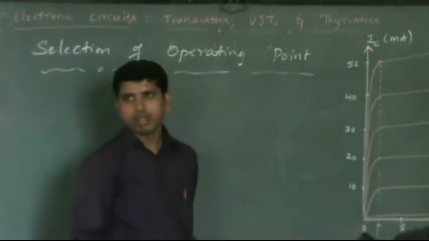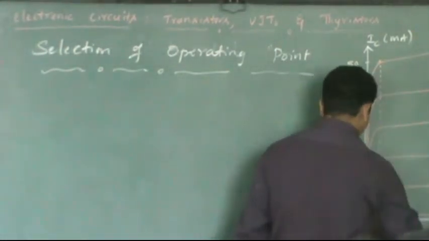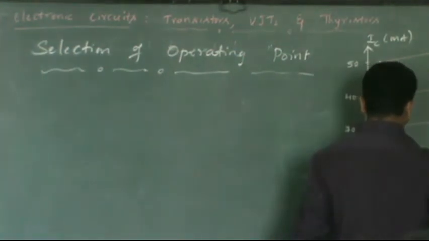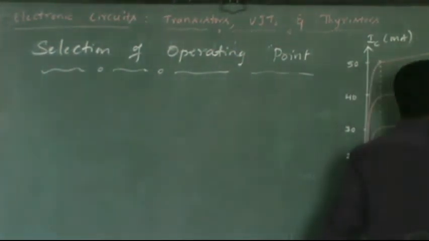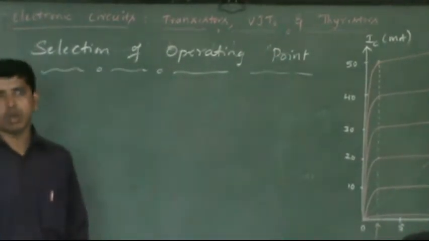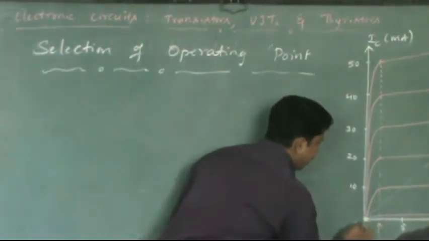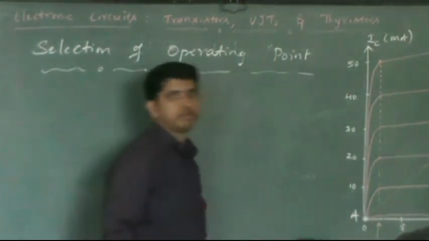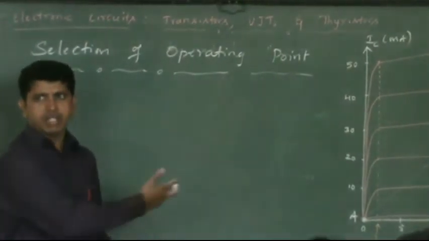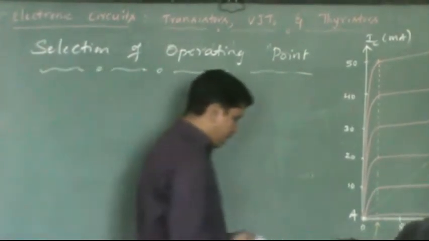Okay, so let me just draw a thin line here to show the slope, a 45 degree line. I just want to indicate operating points over this line. Okay, the first operating point, let me indicate here. Let us call this point A. It is a possible operating point, I am saying, but this is not the suitable operating point for faithful amplification.